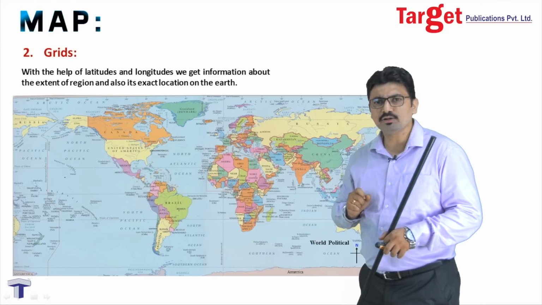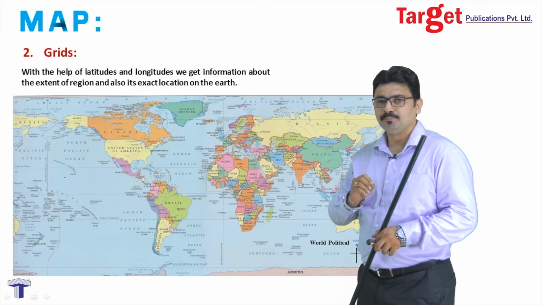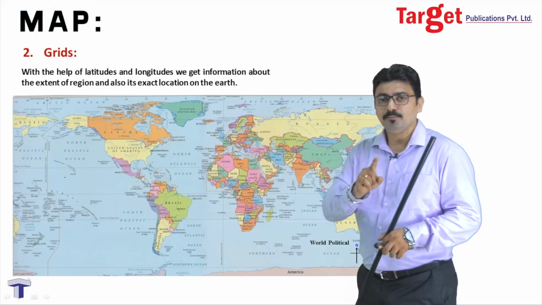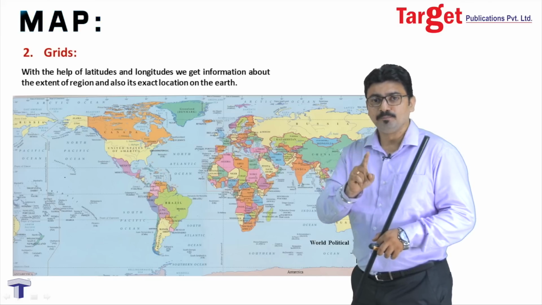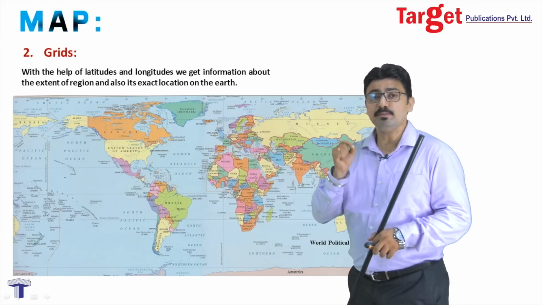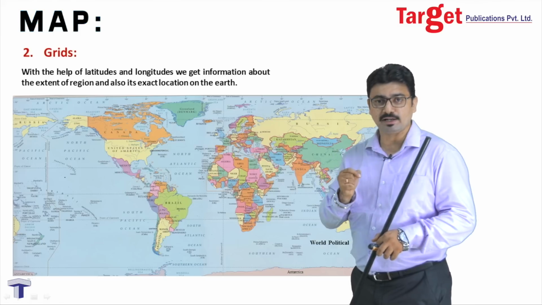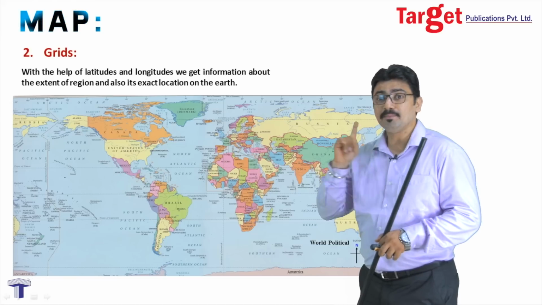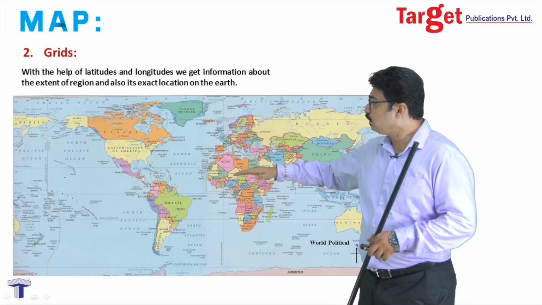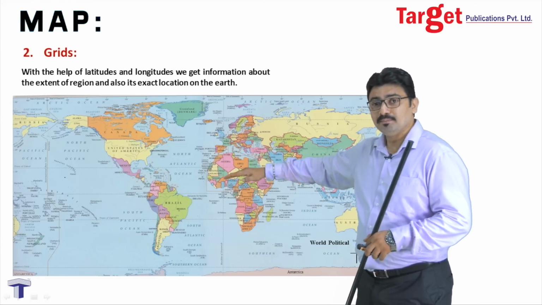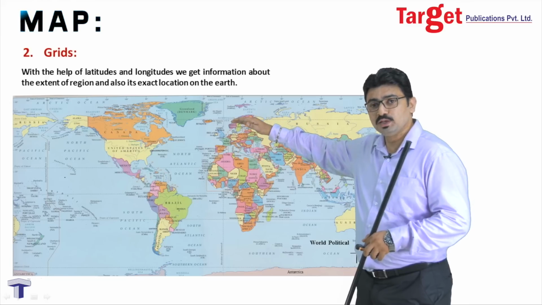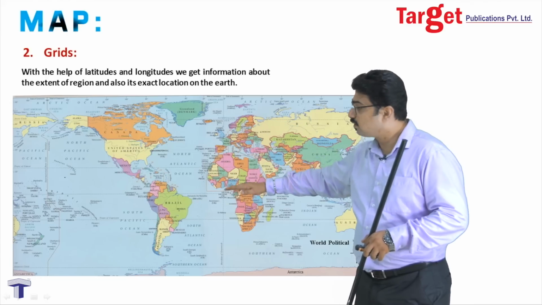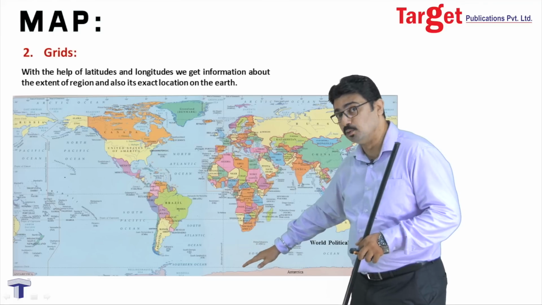What do you mean by extent of a region? Let us take an example. Before going ahead, let me tell you about latitude. When it comes to latitude, the most important latitude is the 0-degree latitude, which we also call the equator. The other latitudes run parallel to it, right? The latitudes above the equator run parallel up till the North Pole, and those parallel to the equator below it run parallel up till the South Pole.